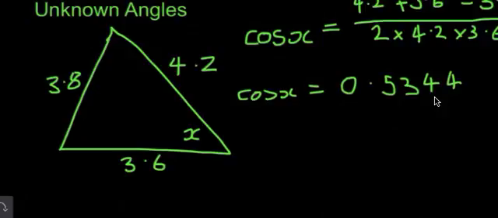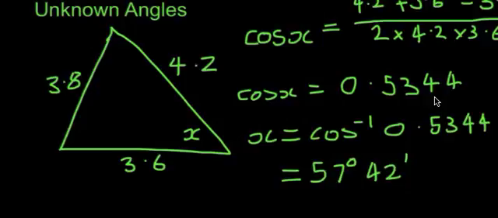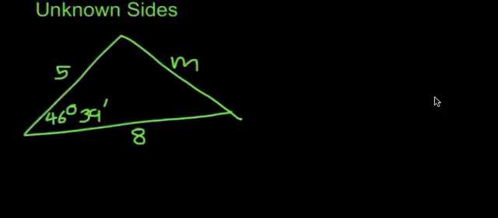What we want to find is the angle x, so we have to perform the inverse cosine function to find the angle x, and x equals the inverse cosine of 0.5344, which equals 57 degrees and 42 minutes to the nearest minute. To find an unknown side, we'll have a look at the following triangle, and we need to find